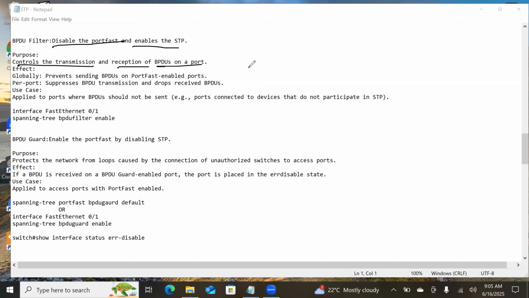You can see here, we can do it on both global and per port also. Yes, you can enable this BPDU filter, if you want to enable the normal STP from the port fast. Let me tell you, whenever you enable the port fast on some interface, that will be disabling the STP. STP will not be working there. Why? Because it will not be in the listening state or a blocking state or a learning state. It will be directly going to the forwarding state. So that's the reason the STP will be